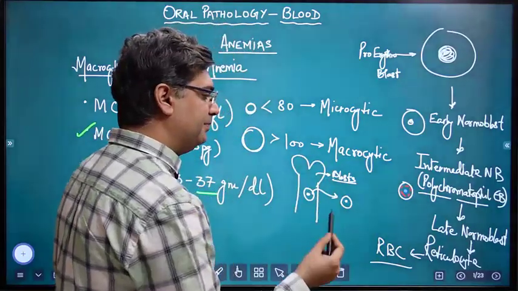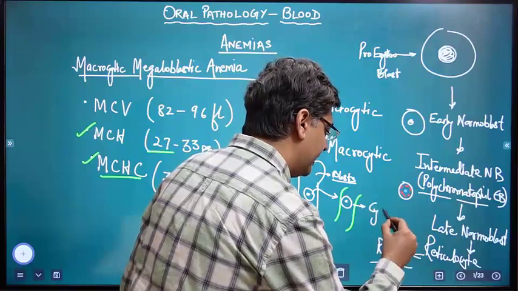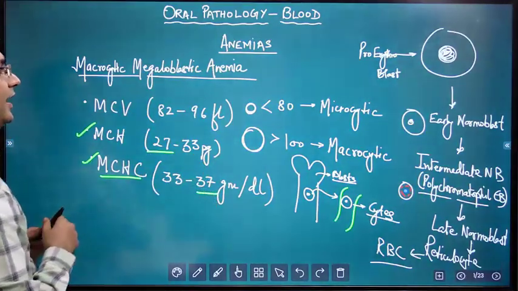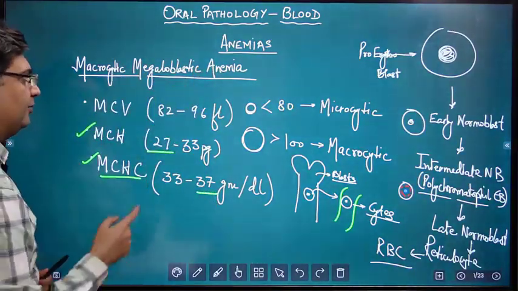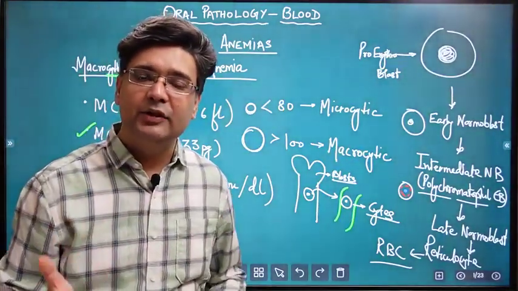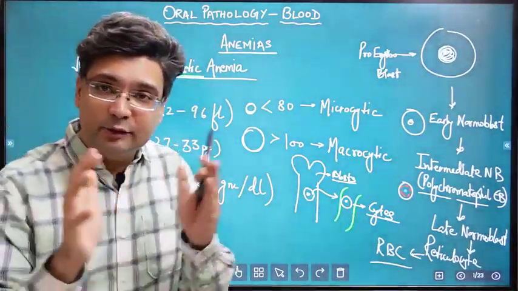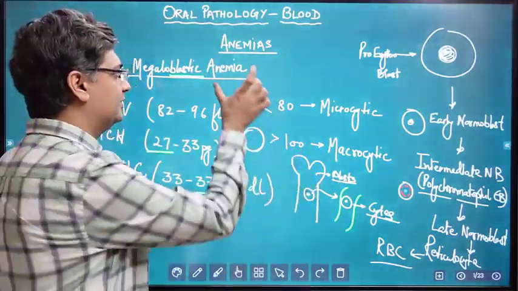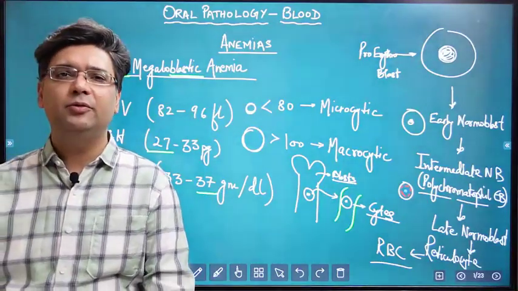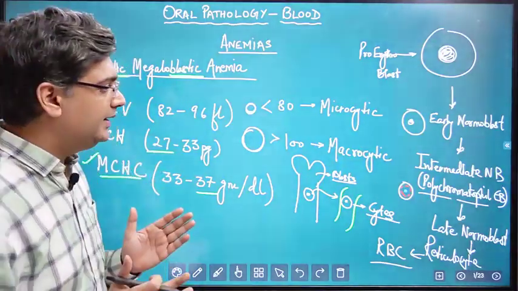And when the cells mature and reach the circulation, they are called cytes. Getting it? So two terminologies. And if you see this anemia which we are going to talk about here, it is macrocytic. That means big cells in the circulation. Megaloblastic, blast cells also bigger in size, and all of this resulting in anemia. So the whole condition which I am telling you here is macrocytic megaloblastic anemia, and that means that these